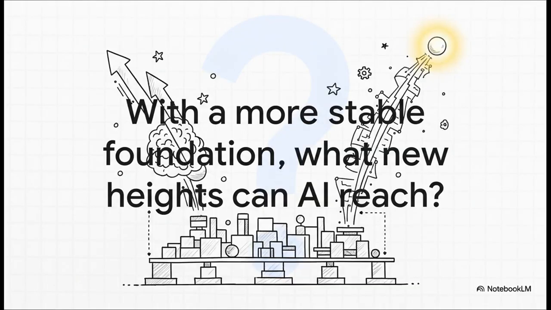You know, this isn't just about fixing a bug. It's about opening up a whole new frontier for AI design. Now that we know we can build these more complex, more powerful architectures without them falling apart, it really makes you wonder, right? With this kind of stable foundation, what incredible new things are we going to be able to build next?